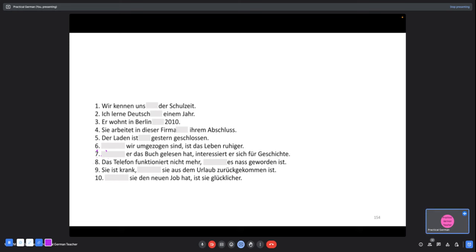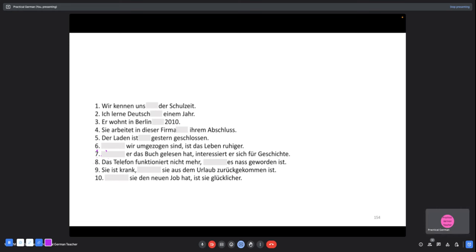So I think it's obvious, right? When you use seit, you can think of it as a preposition over here, and it is dative. It's obvious, right? Er wohnt in Berlin seit 2010. Yeah, continue. Sie arbeitet in dieser Firma